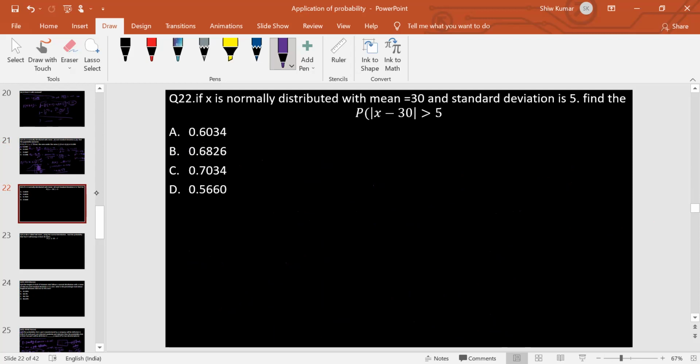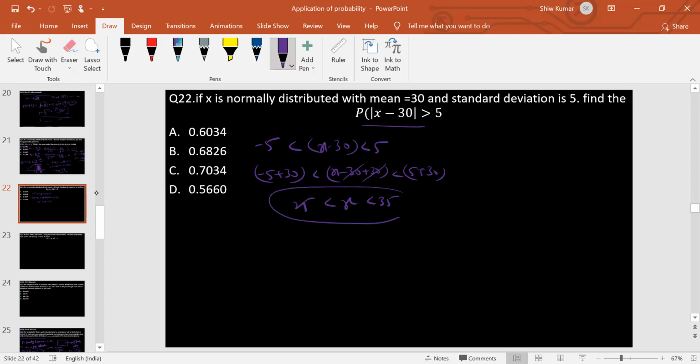तो देखो इस mod को हम लोग split कर सकते हैं like that, x minus 30 must be greater than minus 5 but it should be less than 5, इस टाइप में। अब यहाँ से x लाने की कोशिश करो, तो x लाने के लिए हम 30 add करेंगे इधर और 30 add करेंगे यहाँ पे भी और 30 इसमें भी add करेंगे, so that ये 30 get cancel, तो x is greater than 25 but less than 35।